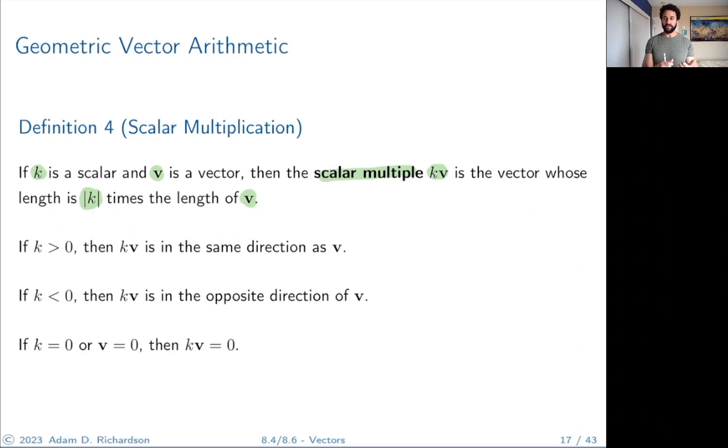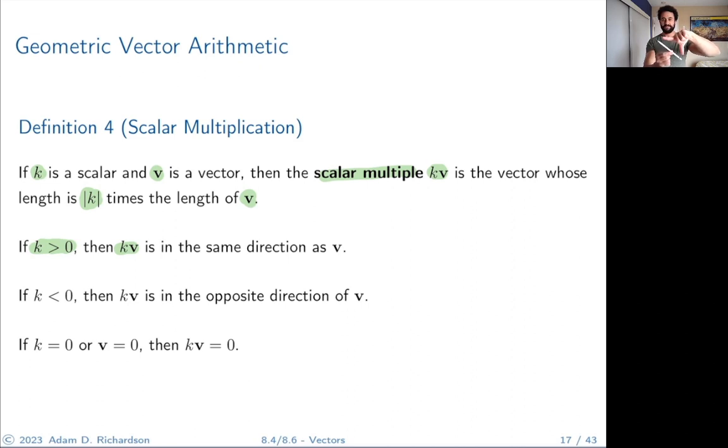So for example, if k is greater than 0, then kv is a stretching of that vector v, but the direction will be maintained. Oh, I'm sorry, if k is greater than 0, it could shrink it. I apologize. It could shrink or stretch, but we're not changing the direction. We're not turning anything. Here's my vector v. I can either shrink or stretch it, but the direction is not changing